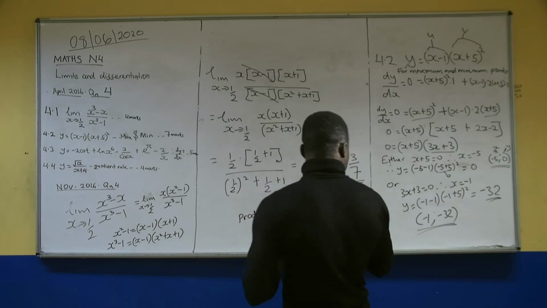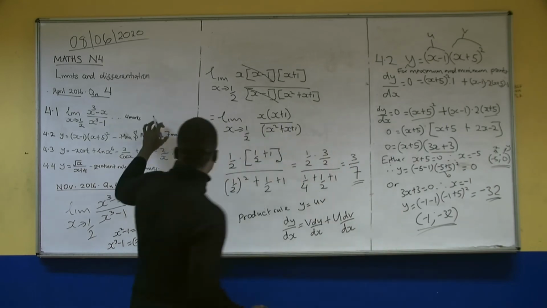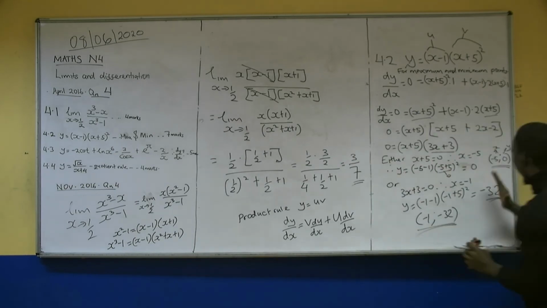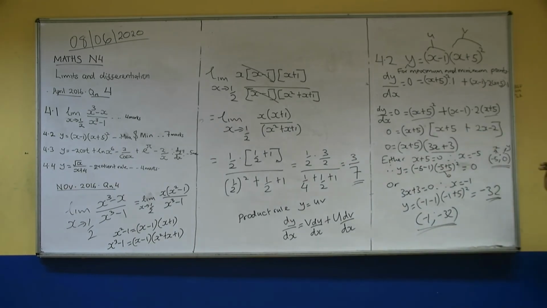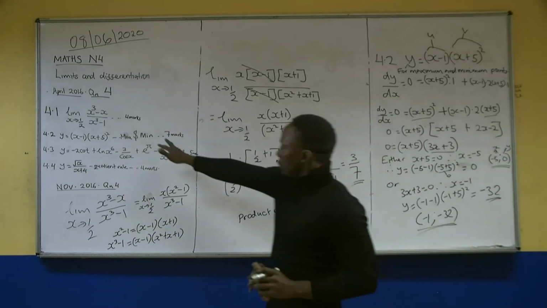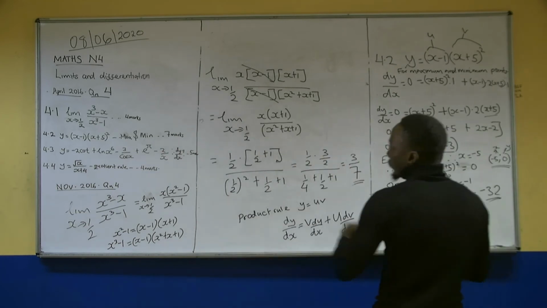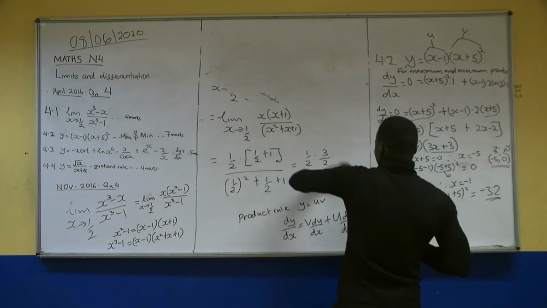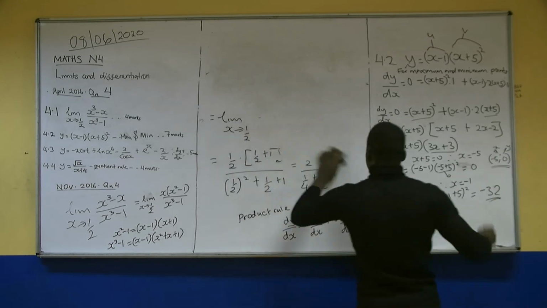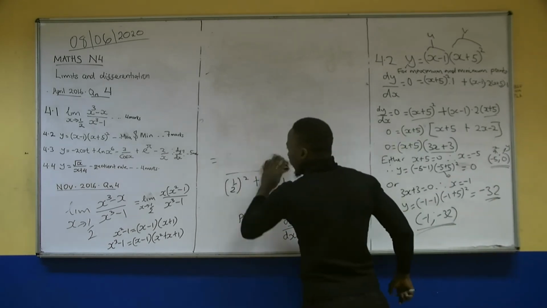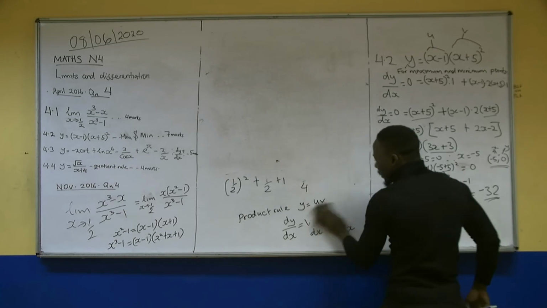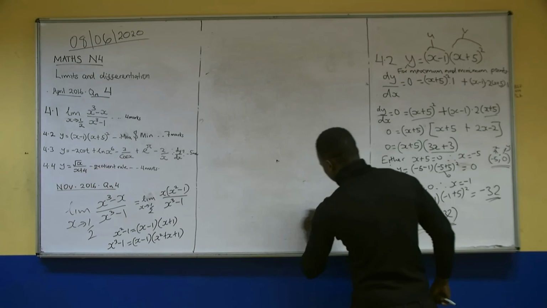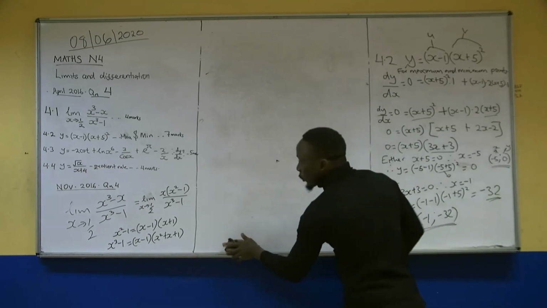But in order to get all the 7 marks, we are now on 5 marks. So in order to score 2 marks, we have to know which one is the maximum and which one is the minimum, because the question wants maximum and minimum. We are about to reach our 7 marks. Don't give up. Some of you stop there and say, I have got the points. So you have to go ahead to tell us whether this is a maximum or a minimum point.